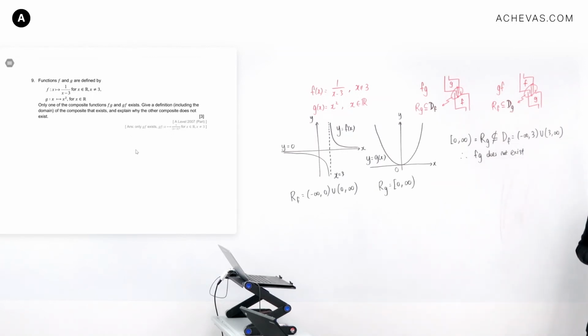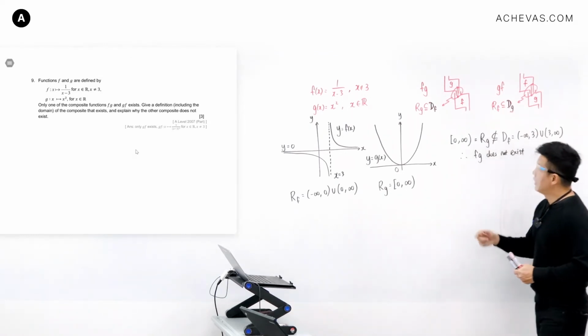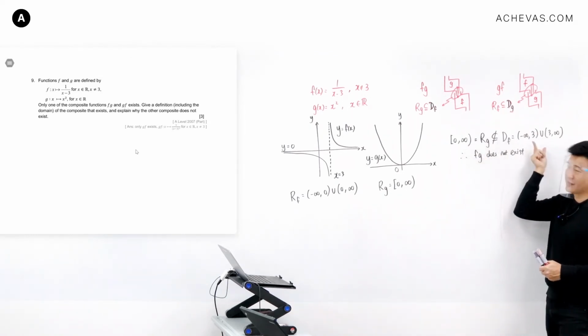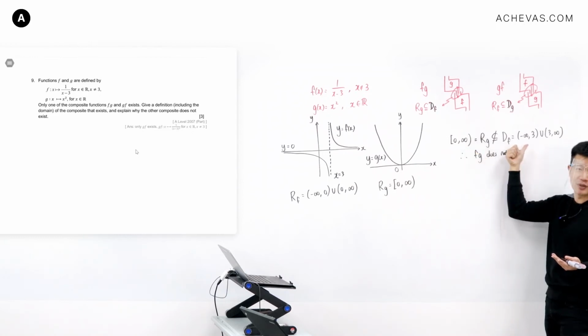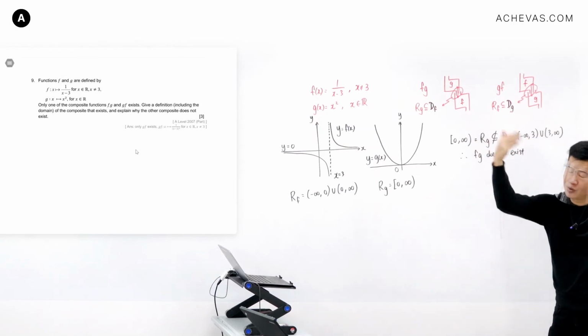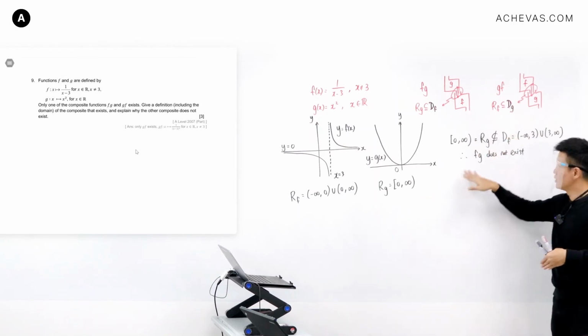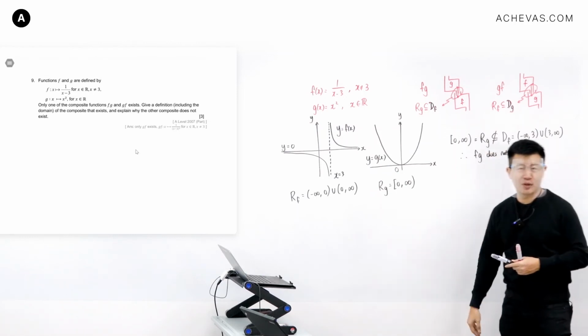The composite function fg does not exist. Again, let me just very quickly repeat. I need to see that this is not a subset. One quick way for me to see, for example, is I can see that 3, which is inside here, cannot go into here. So it is not a subset. In the flow, some things will not continue to go into the next function. So if it is not a subset, then fg does not exist. I will be able to get my full marks for this.